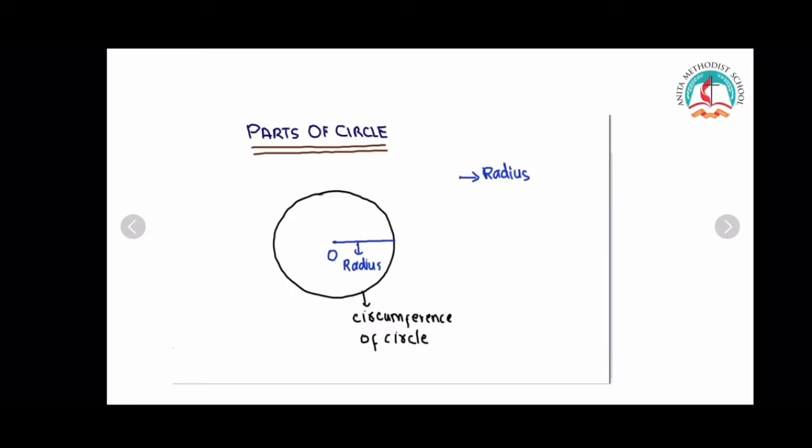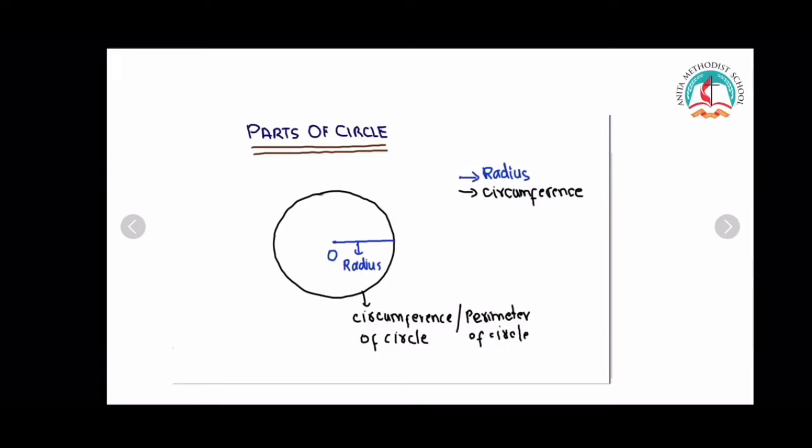As in the case of other shapes, we refer to the perimeter as the sum of all sides of the shape. Like in a square, we consider the sum of all four sides of the square. But in case of a circle, instead of considering the perimeter, we have to take the circumference of the circle as the perimeter of the circle. So I'll also write here perimeter of circle. This is a very important concept. So I'll write here the black color represents the circumference of the circle. Okay, then we move towards the next part of the circle.